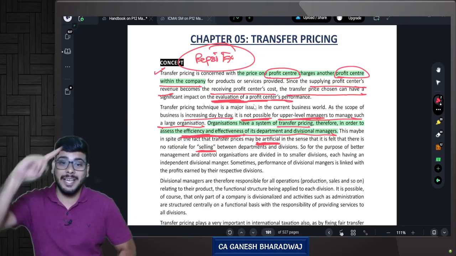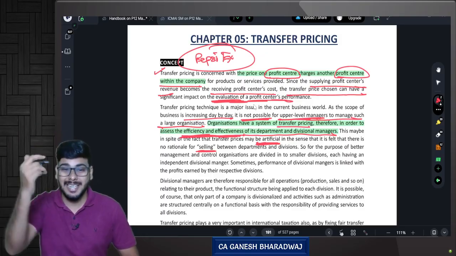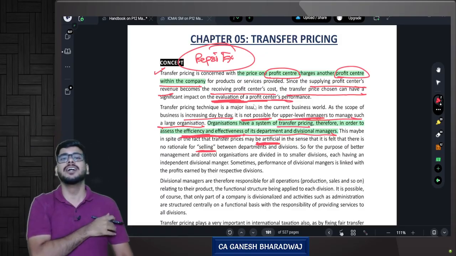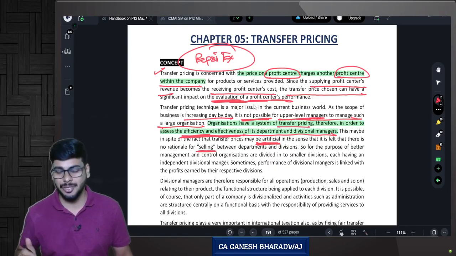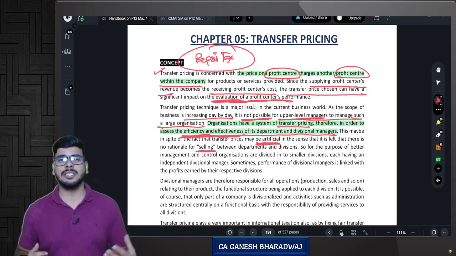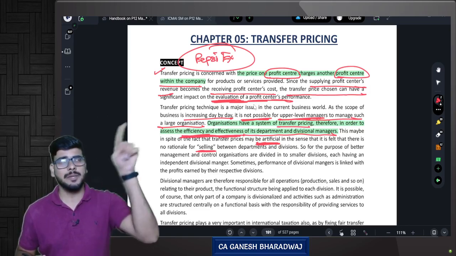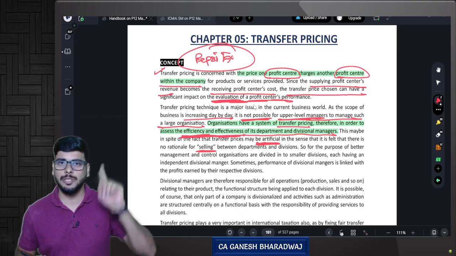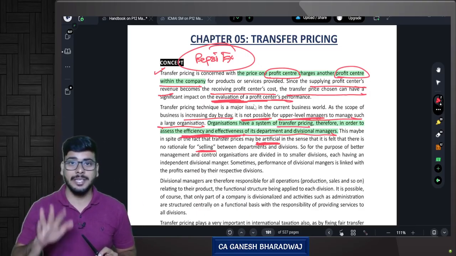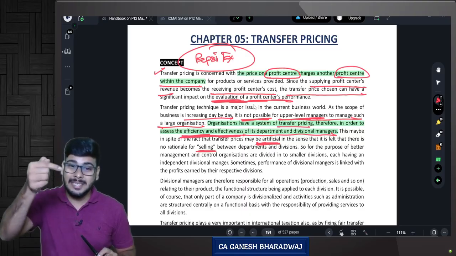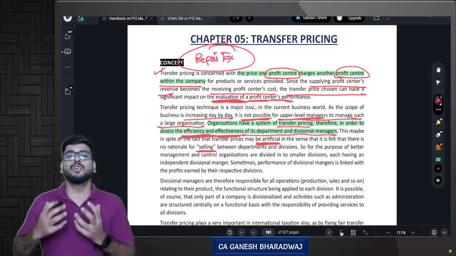That's why I again connected to this area. I told you, why is it called decision making? It is an internal decision making. Correct? Internal decision making is only this transfer pricing. Are you clear with this? So don't get confused. If someone asks you, the objective of this chapter is control, then why is it being classified under decision making tools by the CMA Institute? You tell them clearly, look, this is definitely decision making only, but this is internal decision making, and whatever happens internally has more to do with control.